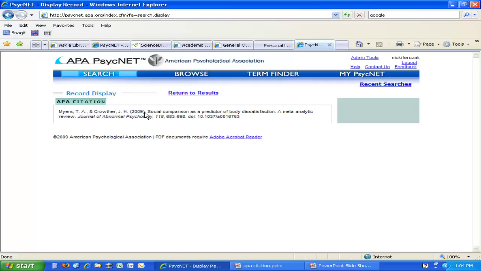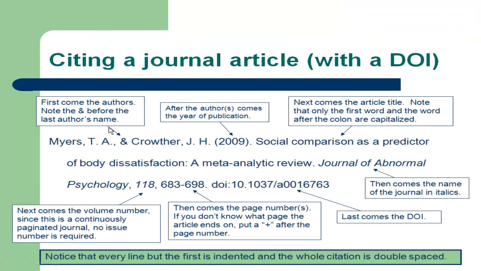The Journal of Abnormal Psychology is supposed to be italicized, as is the volume. I have never seen them to be wrong in whether they tell me something is continuously versus separately paginated, so there's no issue number included. And there's my DOI, which we are happy with, but the other thing that hasn't been done correctly, however, is my spacing and my indentation. So if you were to copy and paste this as it stands, you would need to do double spacing, you would need to do an indent for those lines. And obviously we're all otherwise happy with it.